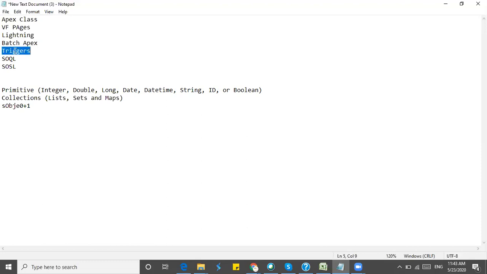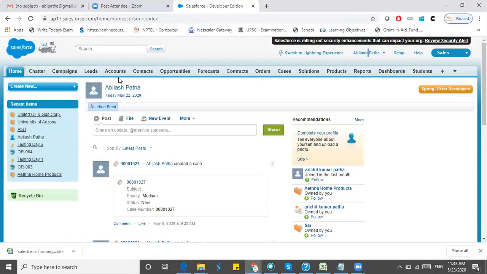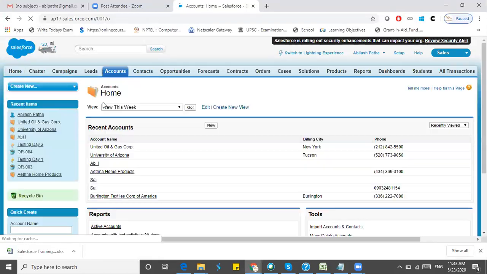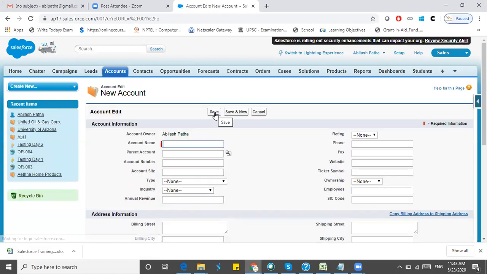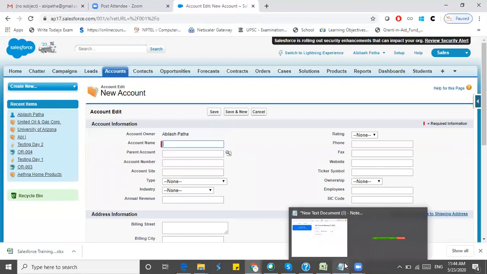Another major part is triggers. Let's say you are inserting an account: you create a new account and click on save. Every time you save a record, edit and save a record, or delete a record, we can write a trigger to be executed.